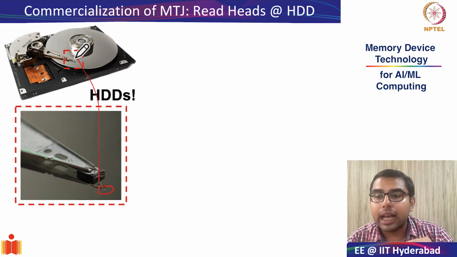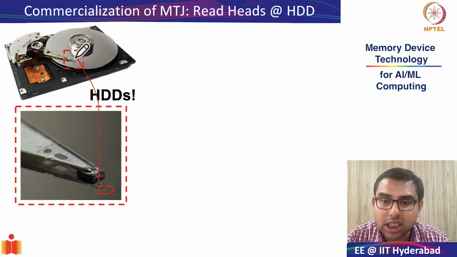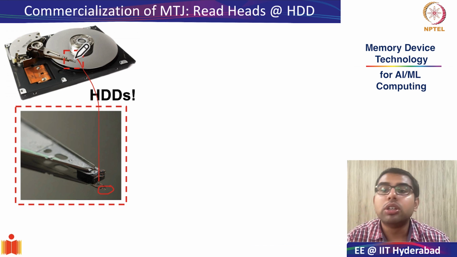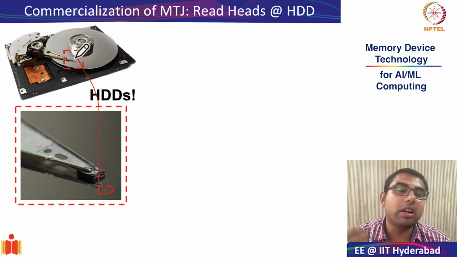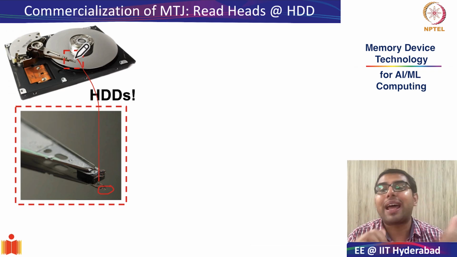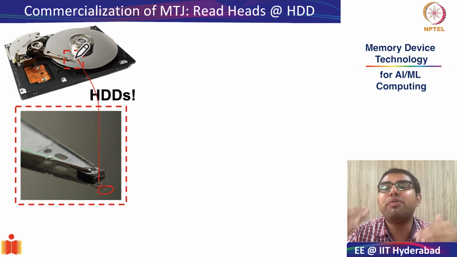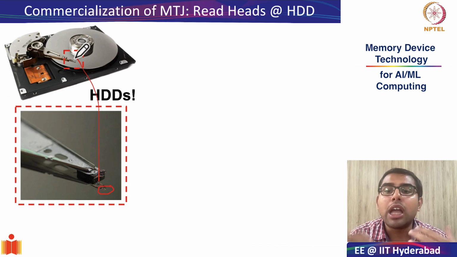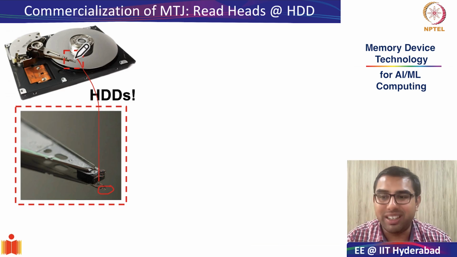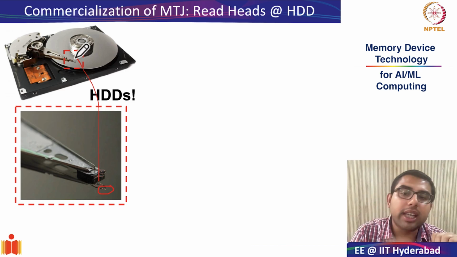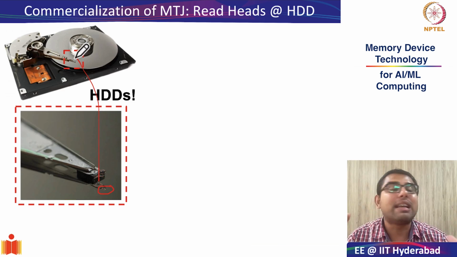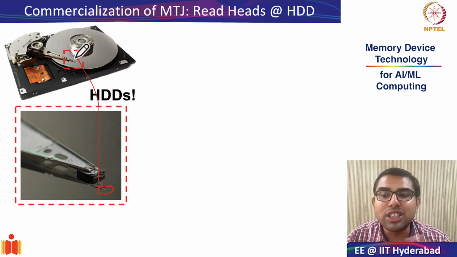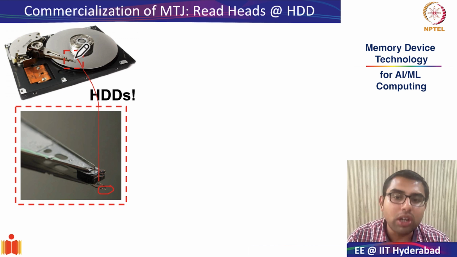As the free layer orientation changes, the resistance of the MTJ transitions from high resistance state to low resistance state, depending on whether it is in anti-parallel configuration or parallel configuration with reference to the fixed layer or the reference layer. By measuring these resistance changes through the external peripheral circuitry, we can determine whether the bit corresponds to 0 or 1. Now these MTJs are very compact, very sensitive and scalable, and this has enabled today's high density magnetic storage.